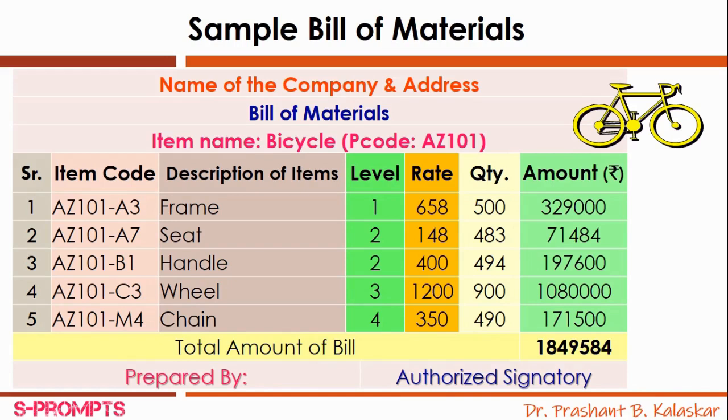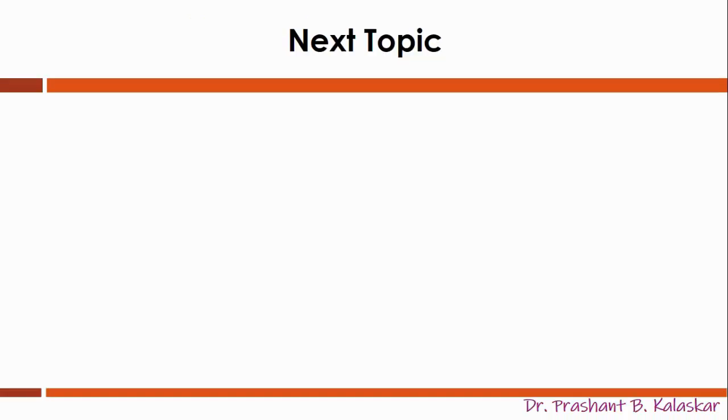Here you can see the template of a bill of material, which clearly shows which final product the bill of material is for, which are the different parts or components and the quantity in which they all are required, the item code, description, cost per component and the total cost of bill of material. That is, project cost is also mentioned, which can be further used for making payments to the supplier as against the purchased material. This is how bill of material, which is also called a product structure file or product structure tree, is prepared for material requirement planning as per master production schedule.